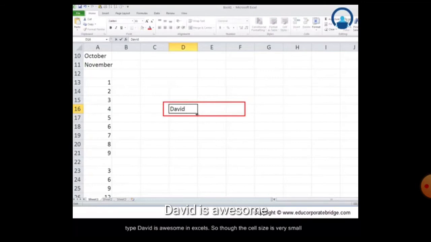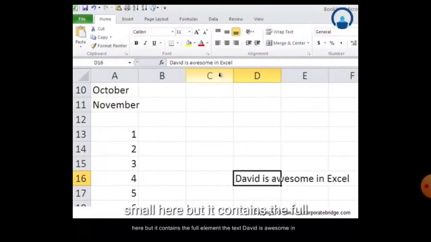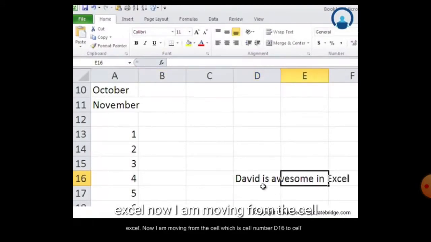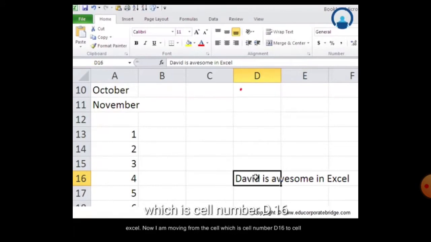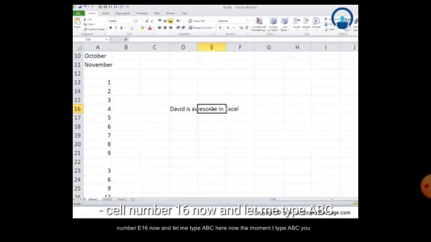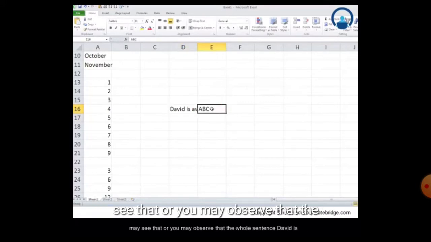But suppose you want to write something else, like David is awesome in Excel, and you want to write in the cell after that, here D16, and you write in E16. What happens is it will cover that text automatically. You can see here ABC, as I have written, it covered the text. It does not appear now.